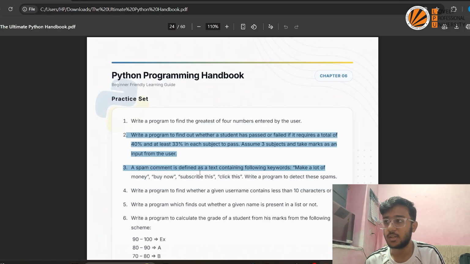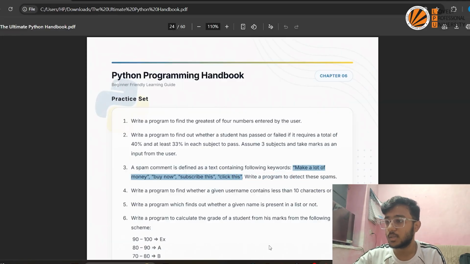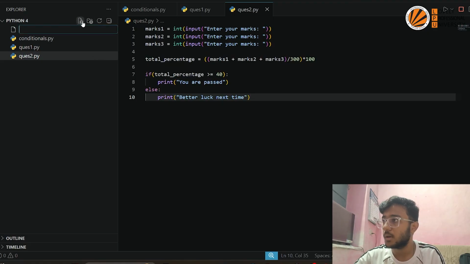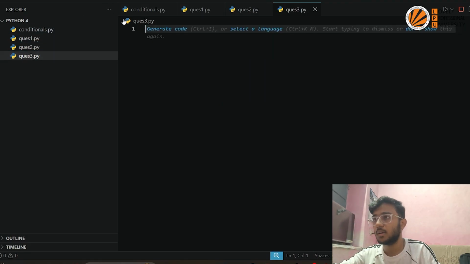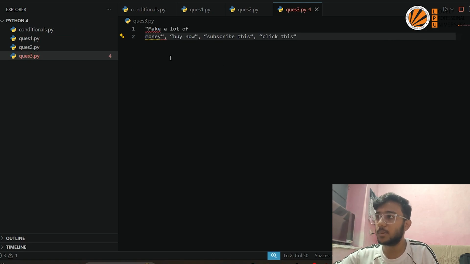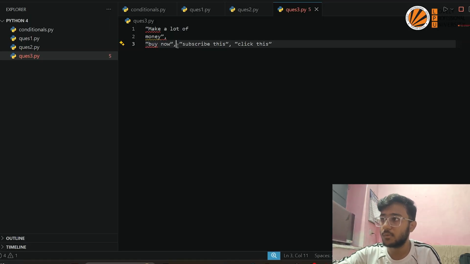Moving ahead with our next question. A spam comment is defined as text containing following keyword: make a lot of money, buy now, subscribe to this, or click this. Write a program to detect this spam. Now let me just first copy these and I will make a new file here named question3.py. Then I will paste them here and I will make them in different variables here,